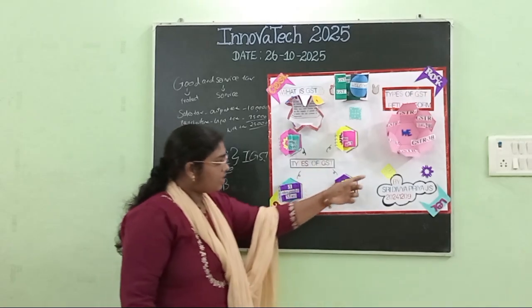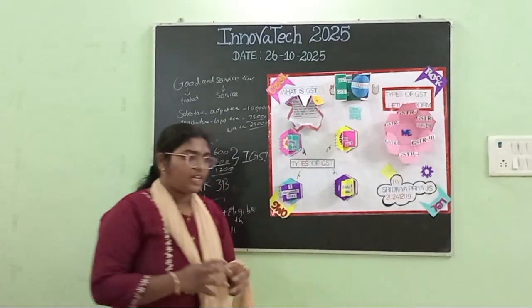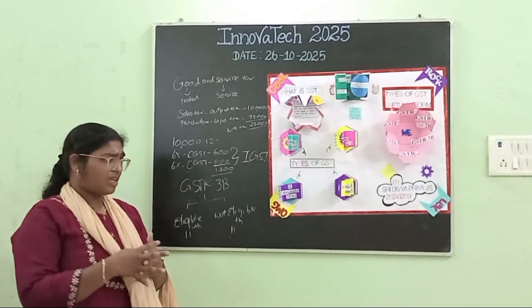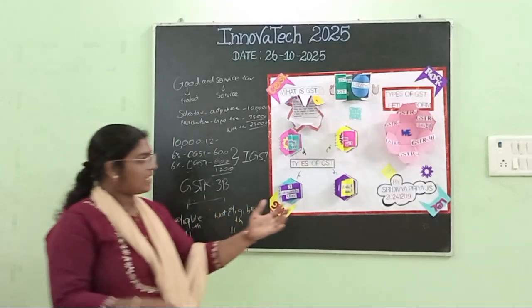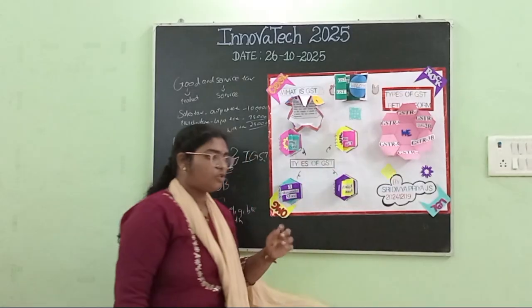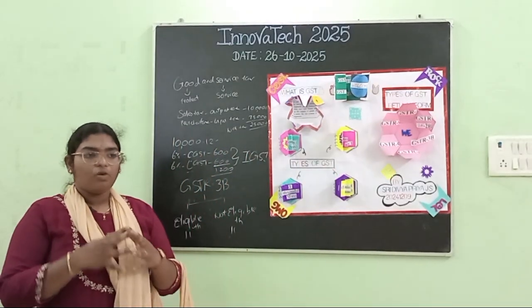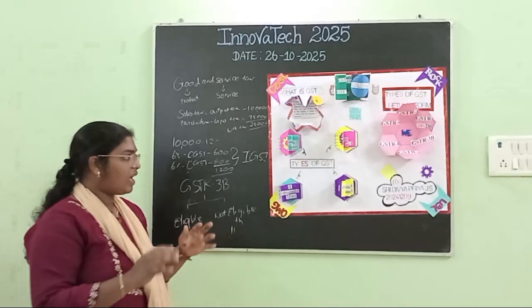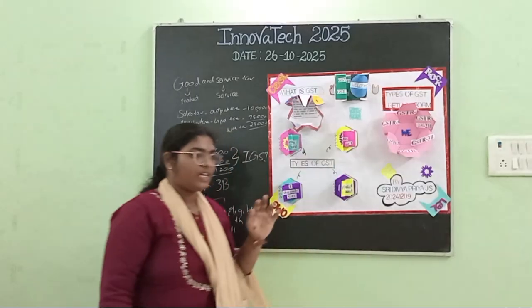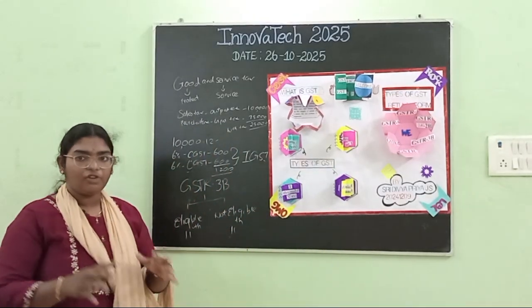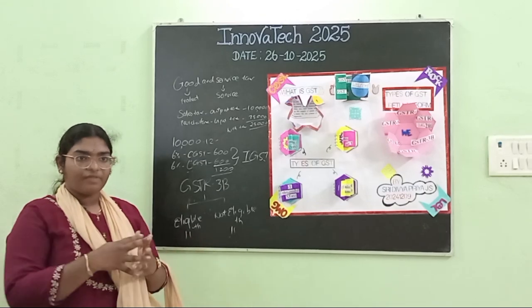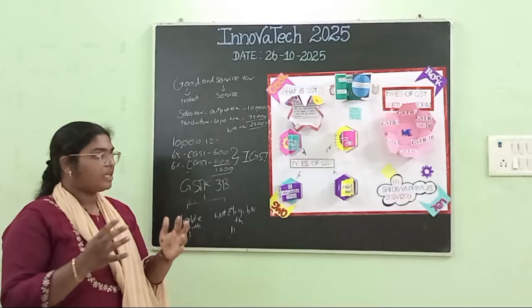It's known as 3B. And GSTR 4, when the seller is registered under the composition scheme, that company needs to file their GST in GSTR 4. GSTR 5 is for non-resident people; whenever people are non-resident, they file GST in GSTR 5. And GSTR 9 is where we need to file our annual report. At the end of the accounting year, we need to file our accounting report in GSTR 9.